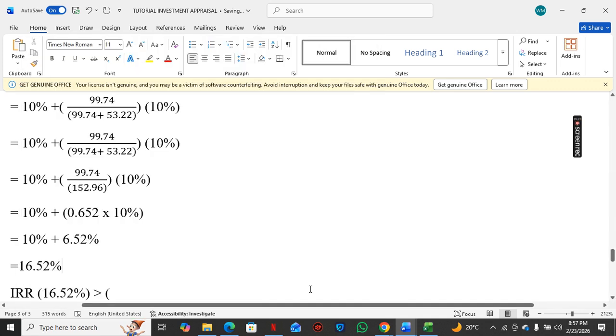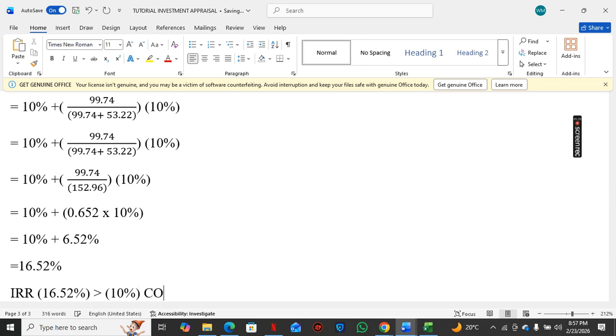So your return is greater than your cost of financing. If we were just looking at this model by itself, we would have said buy this model. But since we're comparing it with another model, you need to also see the other model's internal rate of return, and you'll see which model will give you a higher